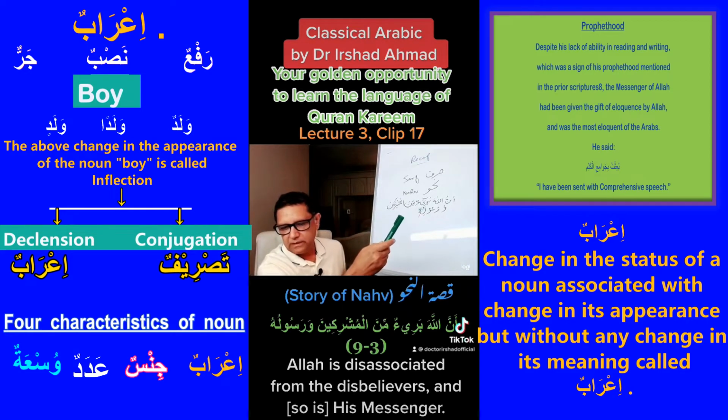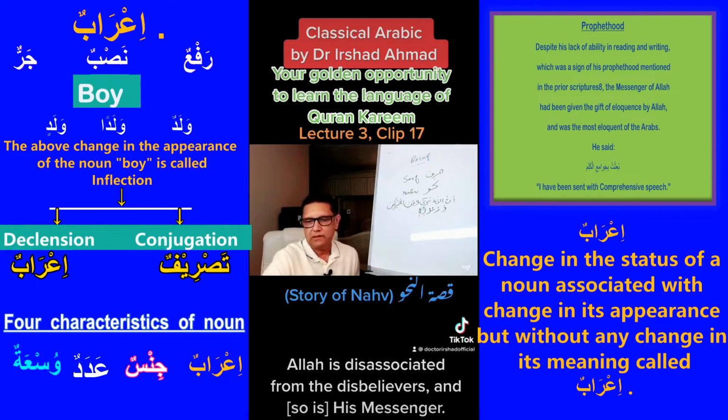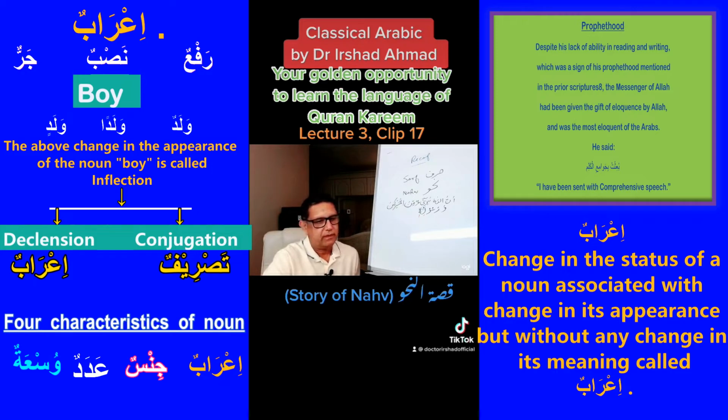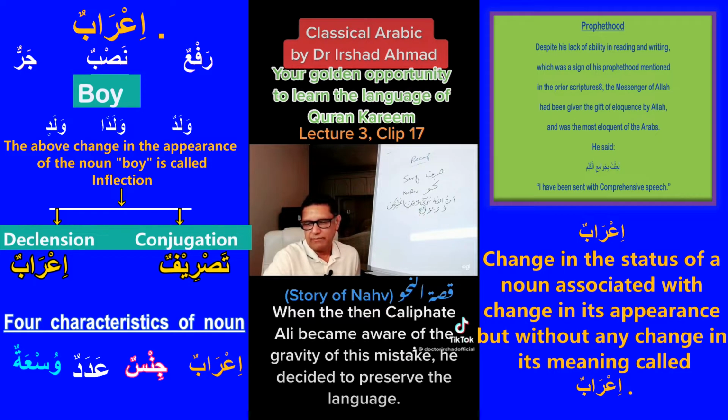which basically means that Allah is free from any commitment, any obligation from mushrikeen and from his messenger, which if one says intentionally, immediately becomes out of the circle of Islam. So that was the first I'rab mistake which happened, and